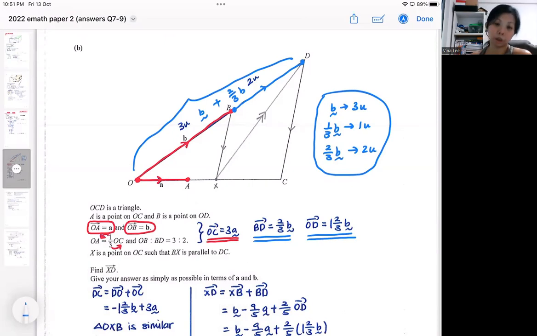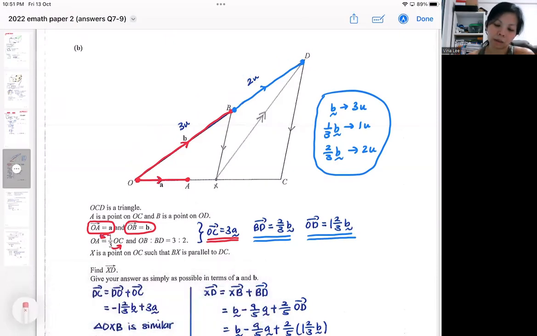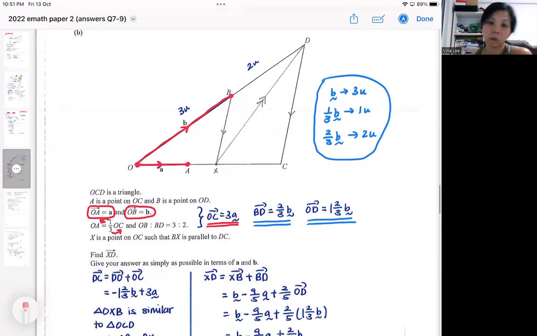So basically, I try to find as many vectors as I can, so that later on, my fill in the blank can be facilitated. So don't be so eager to read and then tell yourself, I don't know what to do. You get as much information as you can because they gave you a lot of ratio. And then from there,